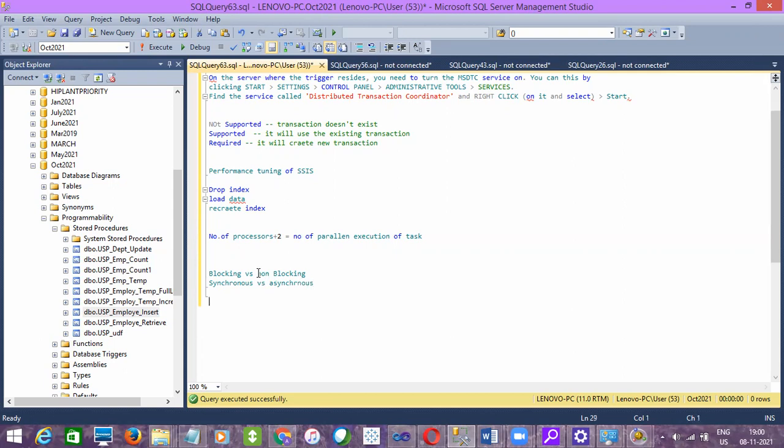This is also another terminology we use. Blocking means synchronous, non-blocking means asynchronous. Blocking transformations are nothing but sort and aggregate, merge also. Why merge? Because for merge we have to use sort, right? That is the reason.